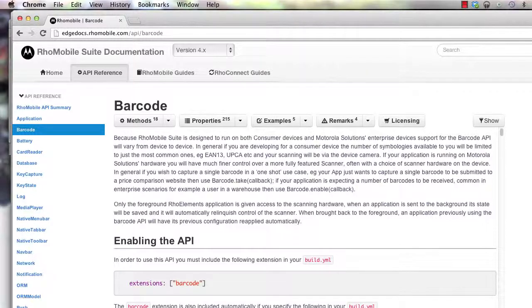Okay, in this video I'm going to walk through our RhoMobile 4.0 Barcode API for JavaScript. Right now the current version is in beta, but I wanted to walk through some of the code on how to use this API. Looking at our docs for this API, edgedocs.rhomobile.com,